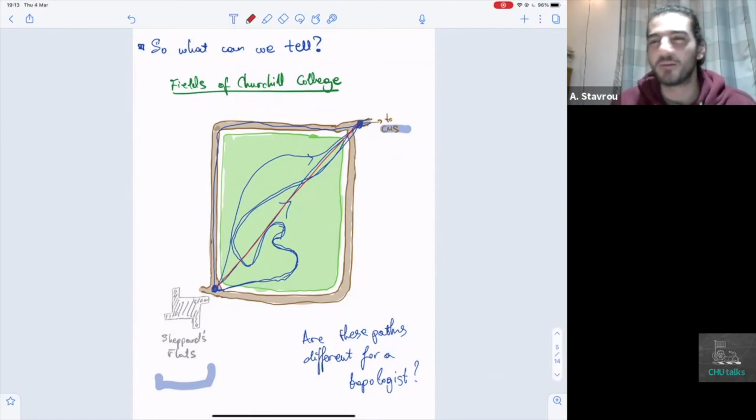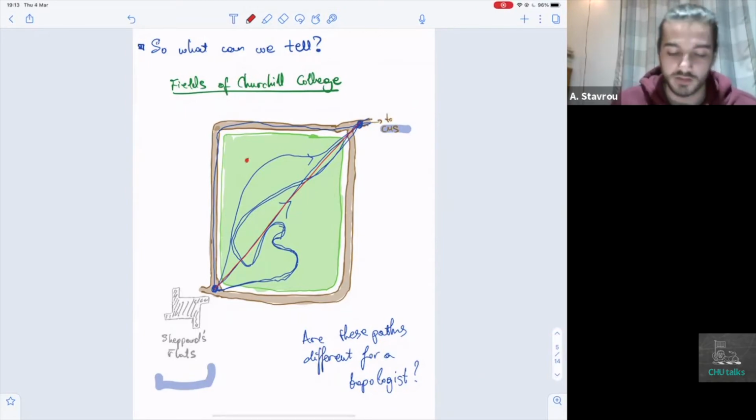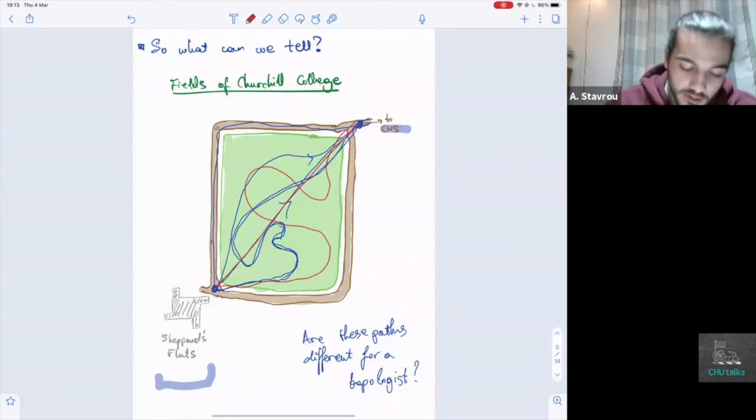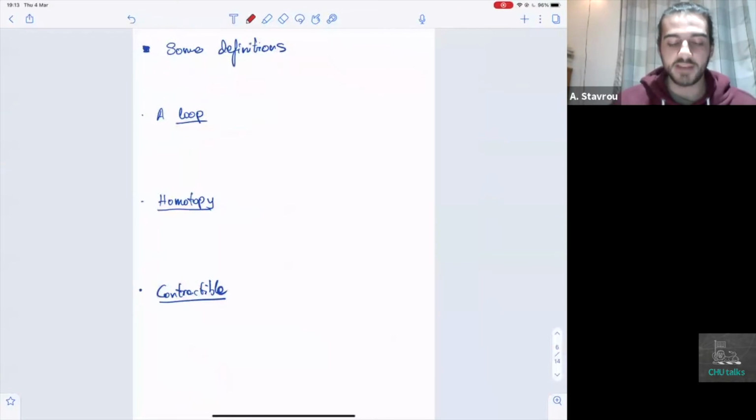As I said, I'm a topologist. Everything for me is made out of elastic material. And since there is no forbidden region, then any path that I might take can be straightened to the straight line path. Okay? So let's make some definitions.